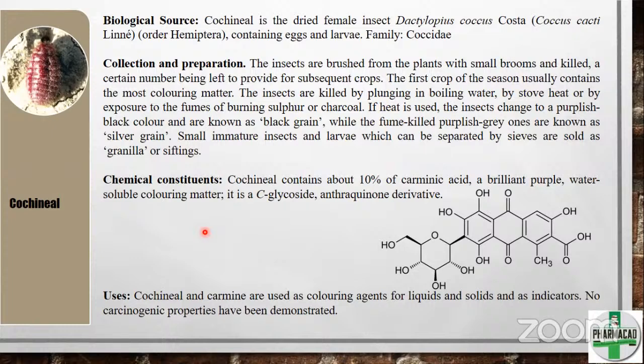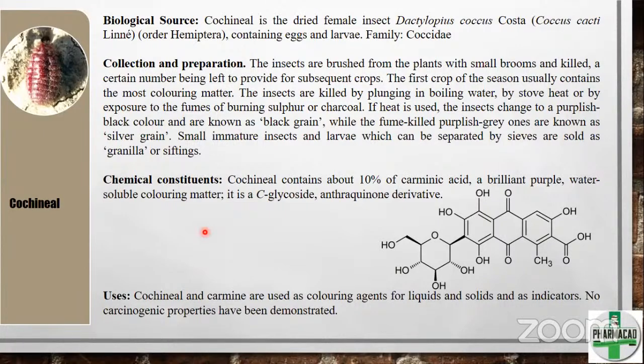Okay, so basically it's a very brutal method of killing the insects. But still this cochineal is used as a dye, as a natural dye. So ma'am, why is it in glycosides? Because the pigment that is responsible for the dye is a glycoside by its chemical